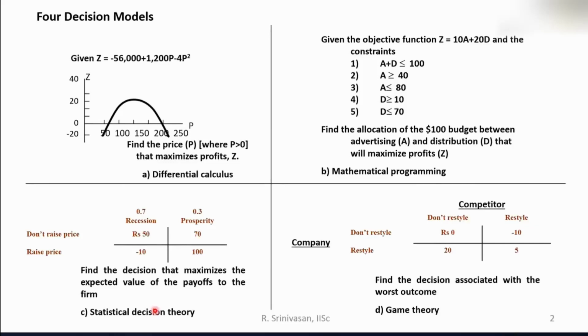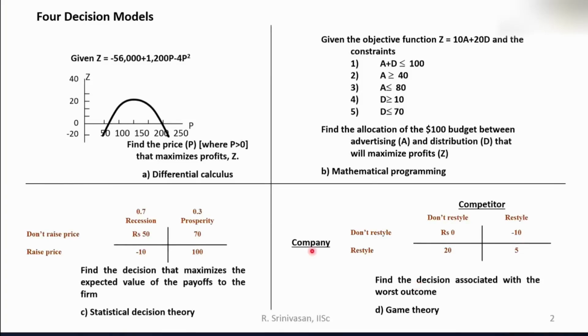This is explaining to you in a very simple manner how statistical decision theory works. This is given by this gentleman Bayes. It goes by his terminology called Bayesian analysis. The other one which you make use of in the decision models is what is called game theory. This is called game theoretical modeling. This is very popular. Whether it is a stock market situation or a competitive market situation, you again make use of different types of scenarios.